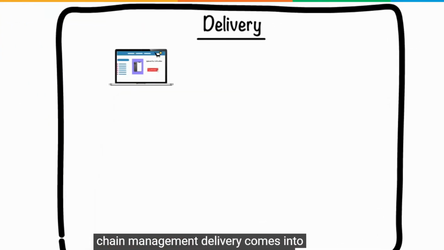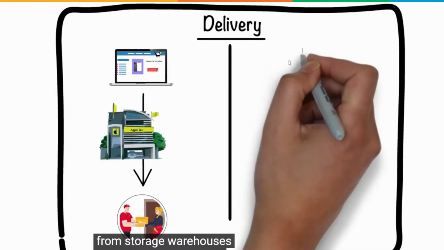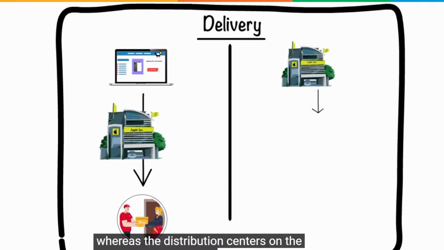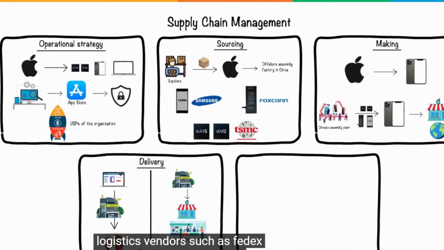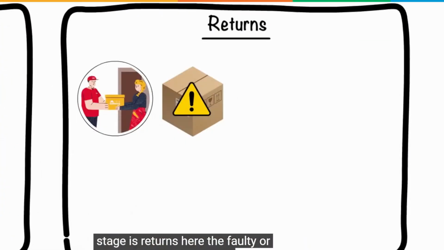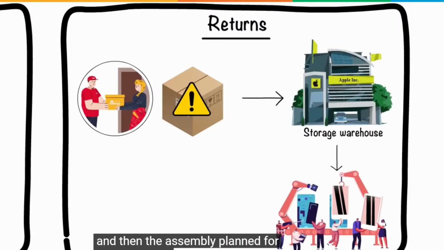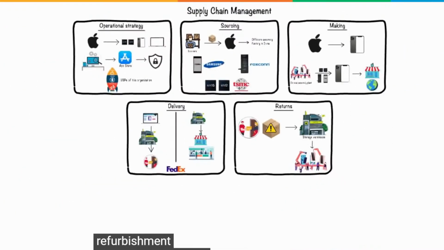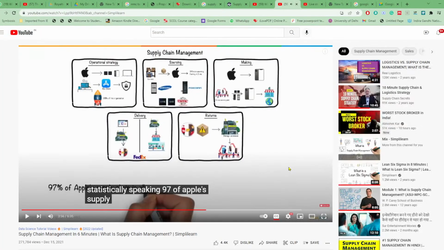Here, the products ordered online get shipped to the doorstep of consumers from storage warehouses, whereas the distribution centers, on the other hand, send items to retail stores for offline sales. This whole shipping process is carried out by third-party logistics vendors such as FedEx. Supply chain management's last building stage is returns. Here, the faulty or damaged products during delivery get shipped back to the storage warehouses and then the assembly plant for refurbishment. Statistically speaking, 97% of Apple's supply